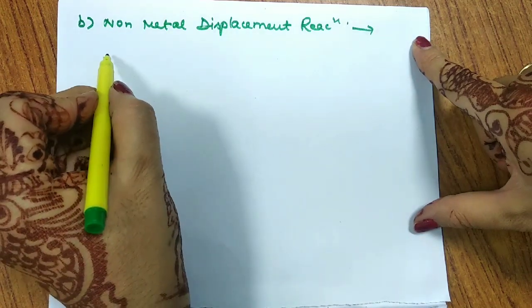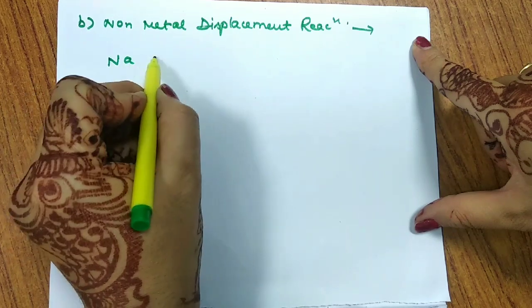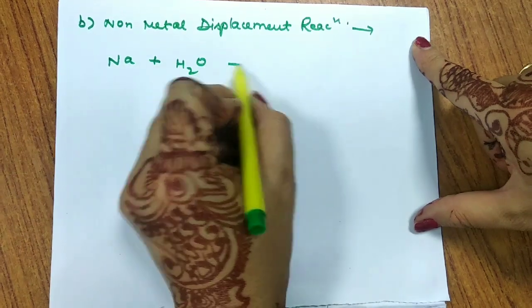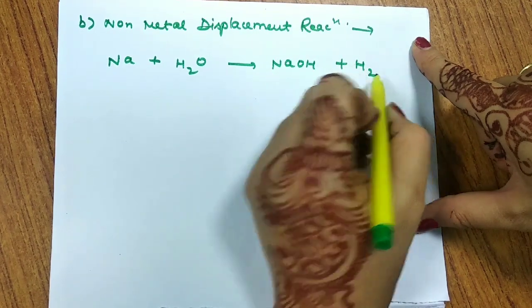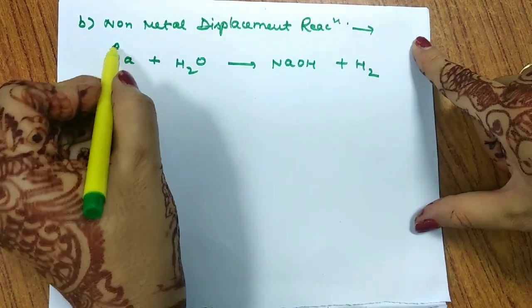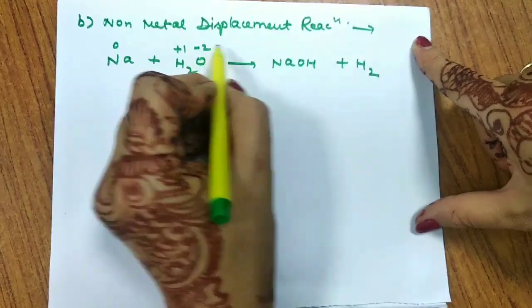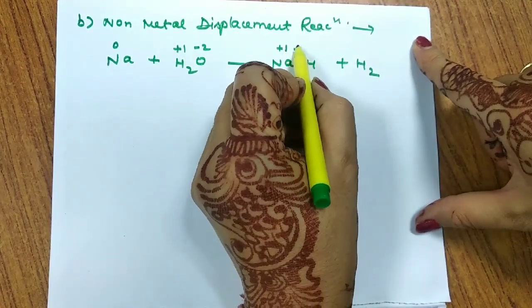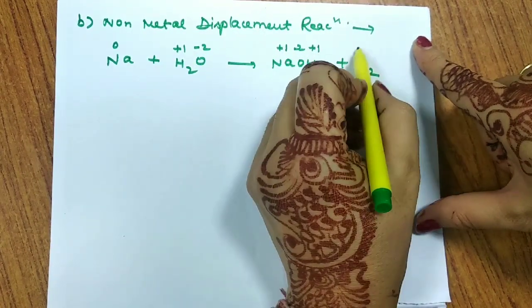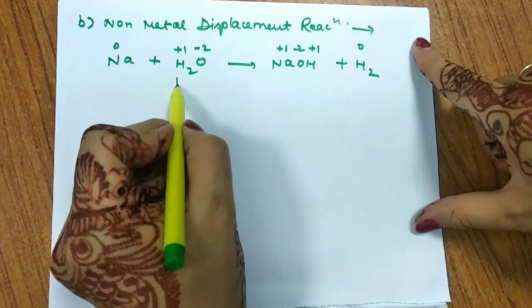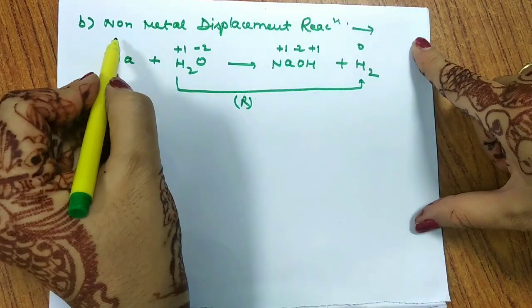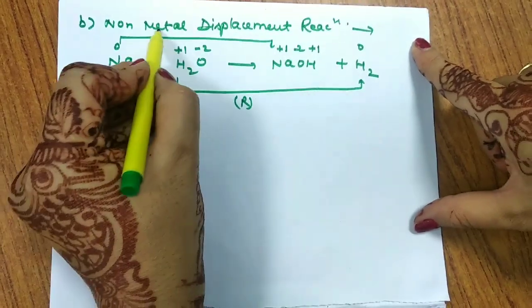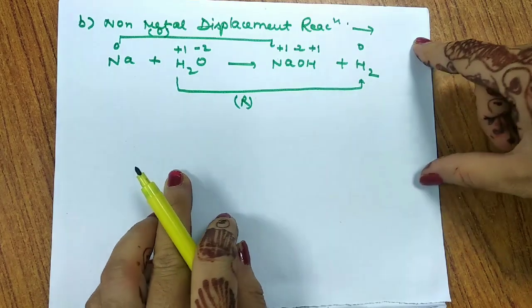Okay, so let us take an example of sodium treated with water. We get NaOH and hydrogen is released. First of all, let me write the oxidation number. It goes +1, -2, +1, O is -2, hydrogen is +1 and here hydrogen is 0. So hydrogen goes from +1 to 0, reduction. Sodium goes from 0 to +1, undergoes oxidation. So first thing is, yes, it is a redox reaction.